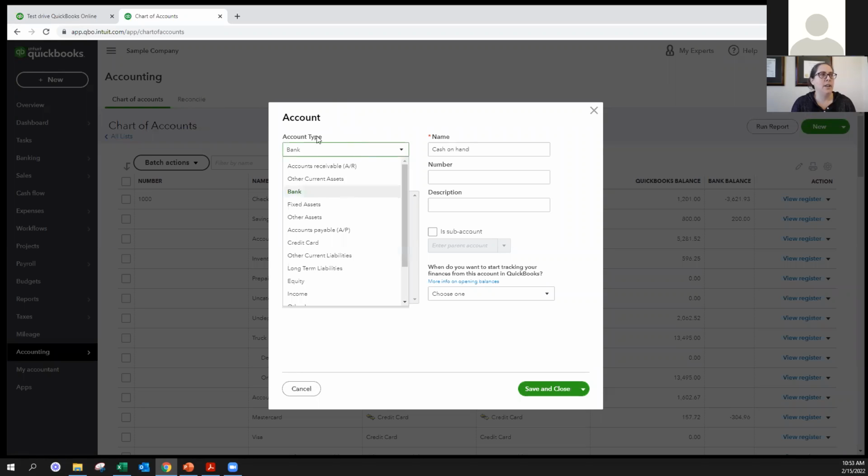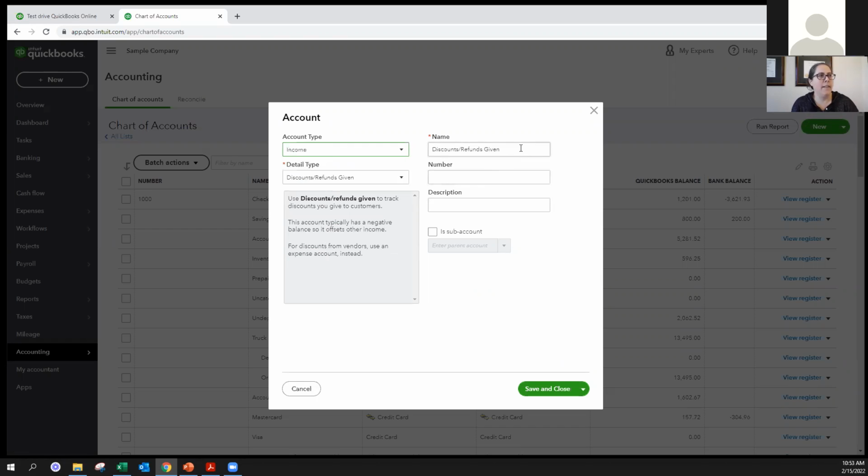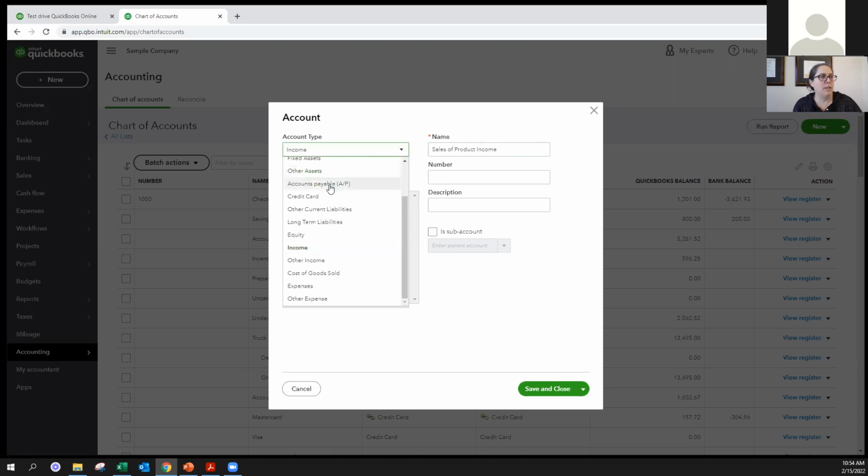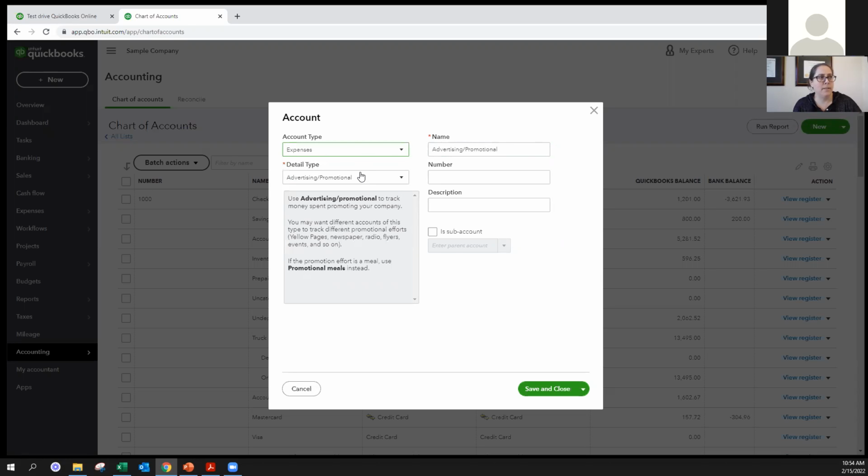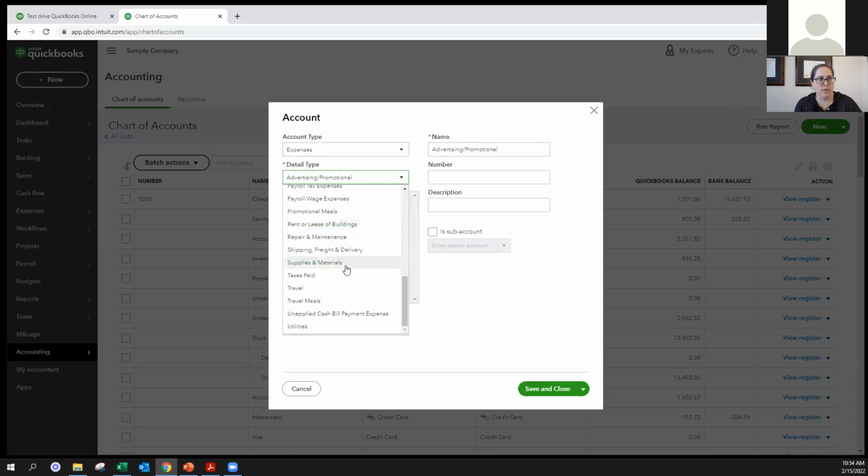that we would collect from our clients. For the account types, these are a variety of options that you can choose from. It's not accounts receivable, it's not a current asset, it's actually an income account. Then there's a detail type under each type of account, so you can pick what it is. What are we selling, right? It's sales of product income. If we were to pick an expense account type, for example, these detail types change, right? I find these detail types